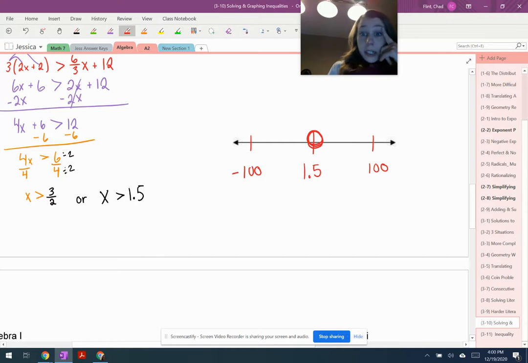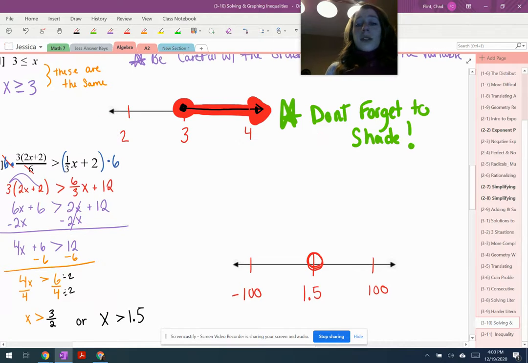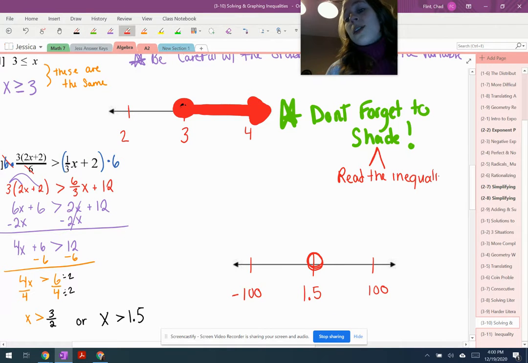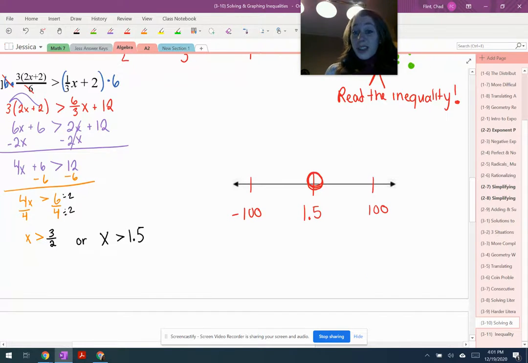And now we got to do our shading. So the inequality says, and so let's say here, let's add something. When you're figuring out how to shade, you just have to read the inequality. And you might have to do this out loud. You might need to hold your hands up so you can figure out if it says less than or greater than, so you can get the problem right and get all the points rather than losing. So x is